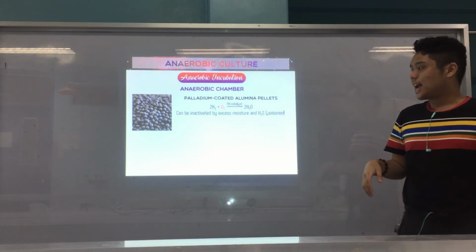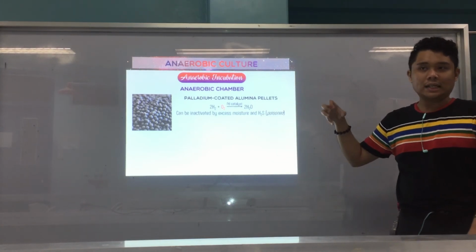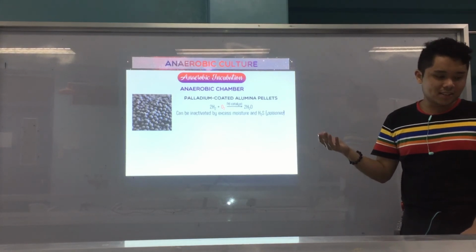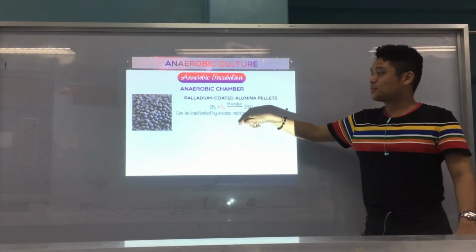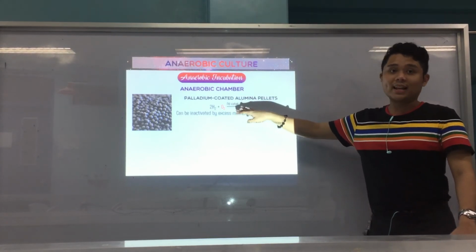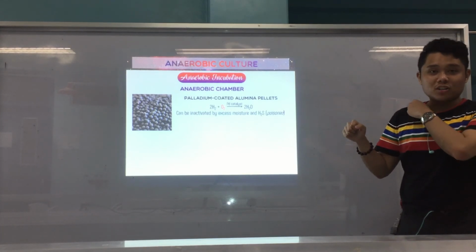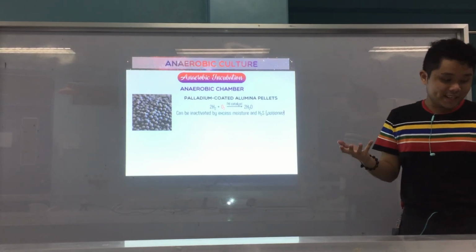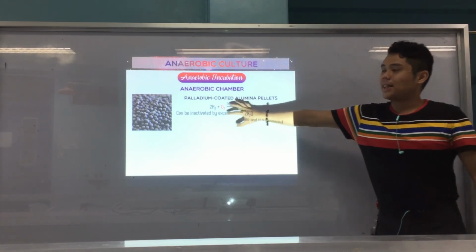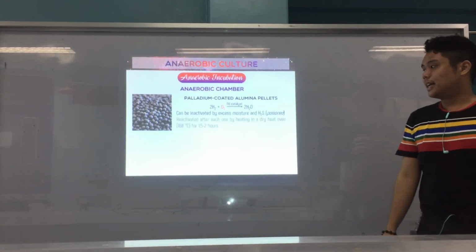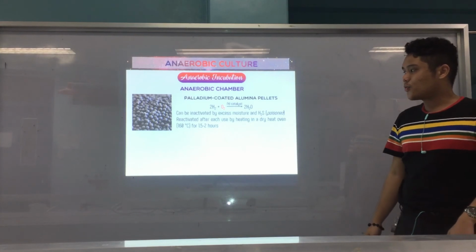Okay, all right, and it can be inactivated by excess moisture and H2S if it gets poisoned, or if there are additional gases that are absorbed. Now, we don't want water because, again, this excess moisture can inactivate your catalyst. So it can no longer convert the oxygen if there's leftover oxygen here. That is the purpose of the desiccant. That's why we need a desiccant to absorb the water that was created by this reaction. Okay? Alright, so again, it can be reactivated after each use by heating in a dry heat oven for